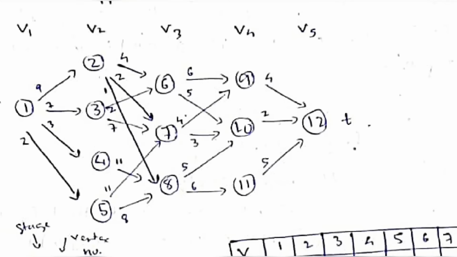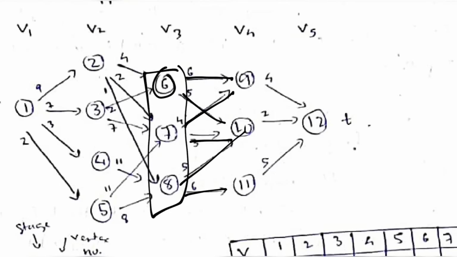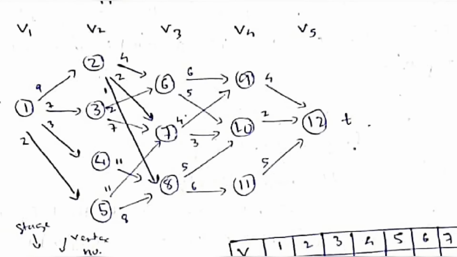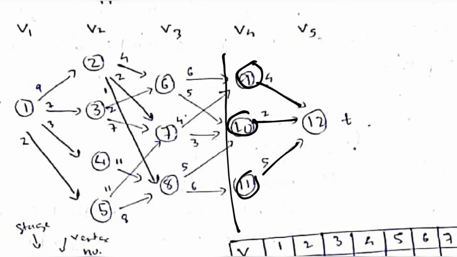Okay, now from each vertex we have 2 paths, this path or this path. From 7 also this path or this path. From 8 this path or this path. So we have 2 paths from each of these vertices. Now what we have to find out is whether to choose this path or this path. From 6, if you want to reach 12, which path will you choose, this one or this one? Which one will give the minimum cost? We already know from 9 the minimum cost is this one, from 10 the minimum cost is this one, and from 11 it is this one. Now we just have to choose whether this path or this path will give me the shortest distance.